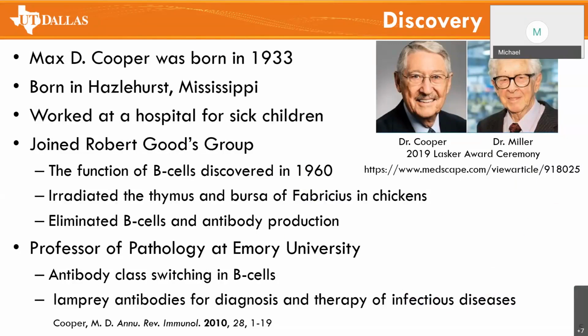Before, everyone thought the thymus was a useless organ, and he showed that the thymus is very important in producing T cells. He also later discovered that there was communication between T and B cells. But before he could figure out that communication, we had to talk about Dr. Max D. Cooper. Dr. Max D. Cooper was the scientist that discovered B cells. And so I'm going to talk a little bit about his